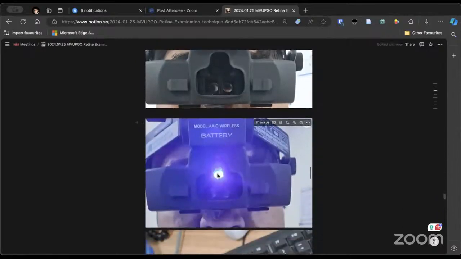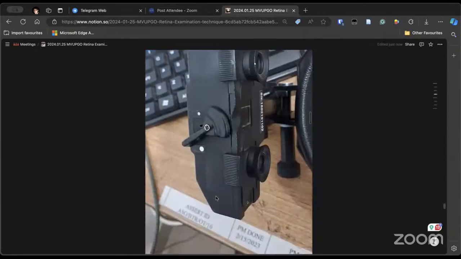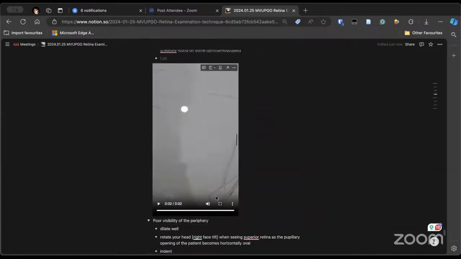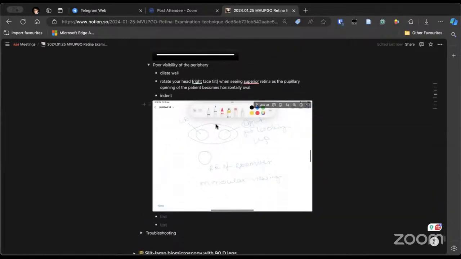These are the three things. This light, and there are two pupils. Can you see that? Yes. So when you rotate your head, this is what happens. The patient is looking up, so the pupil which is visible to you now appears oval. Through this oval area, both your right and left eye and the light cannot pass through. You will have to use the small pupil setting, and it is difficult.